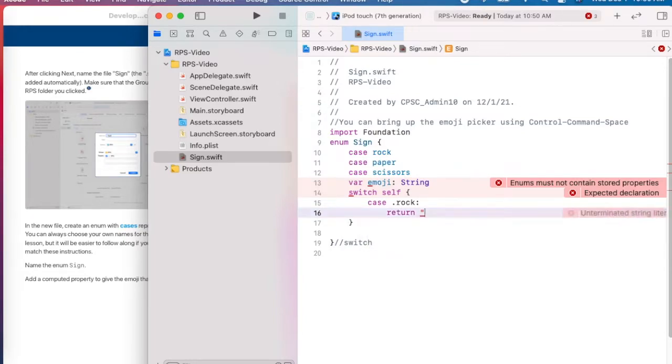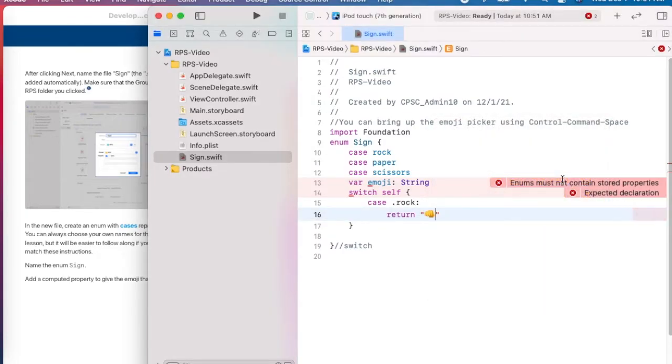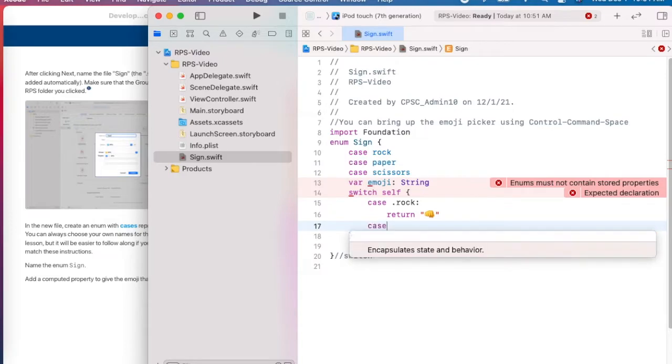So now I will do Control Command Spacebar, and I will find my fist sign. Choose that. We have a case of paper,